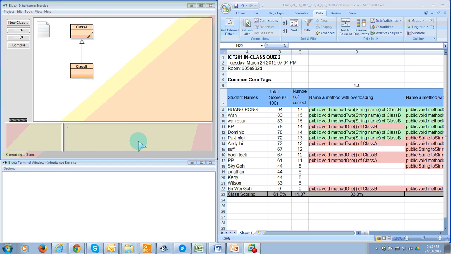In the next few minutes, we're going to explain the exercise that we've gone through. Here we have three panels. One is the Blue Jay Class A, Class B examples, which we used in our classroom exercise for inheritance. The right-hand side is actually the answer sheet from the quiz that we did interactively, and